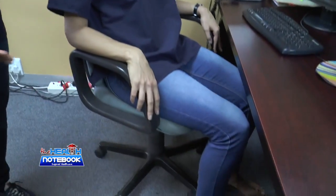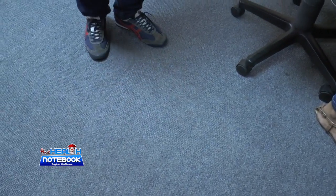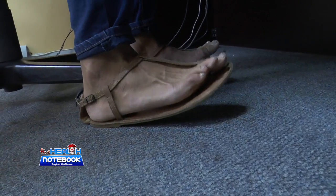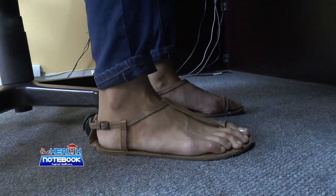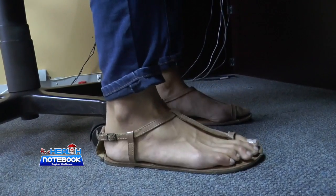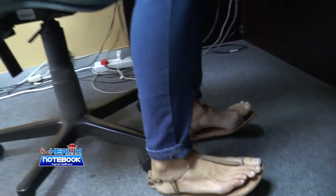Okay, so I'm going to start at the bottom. The first thing you can do is just do a little bit of feet pumps. All you're going to do is pump your foot up and down, so you can get the calf muscles working. It just improves a little bit of the blood flow. But the best way is also just to stand up from your workstation. It's not always possible, but while you're sitting there, you can do a little bit of exercise by doing